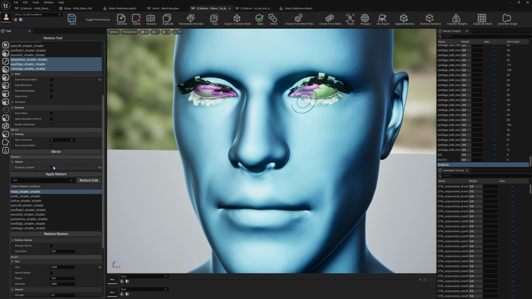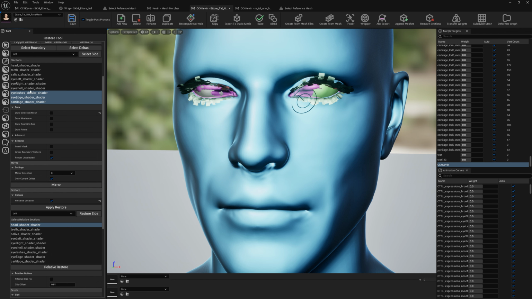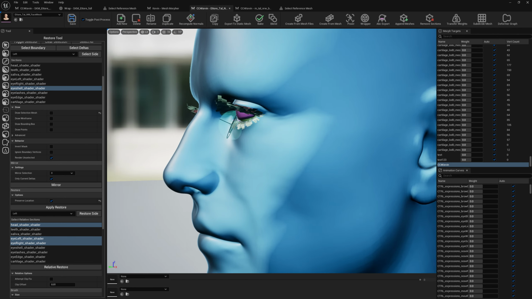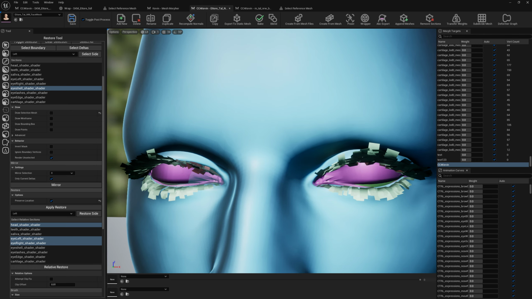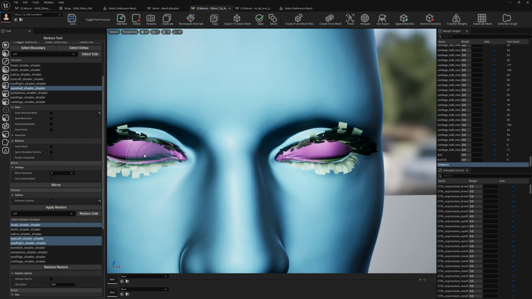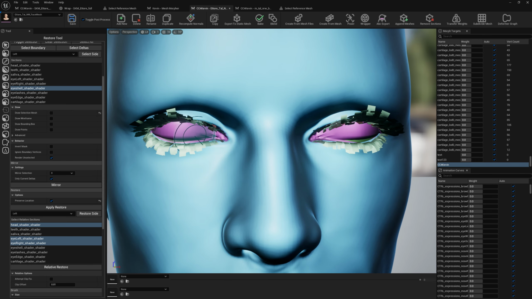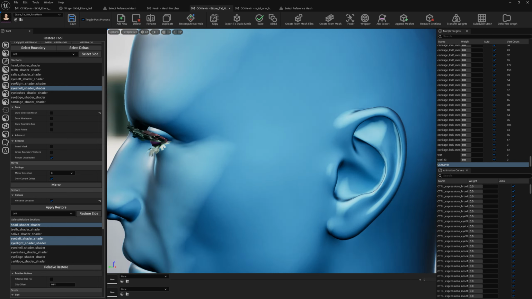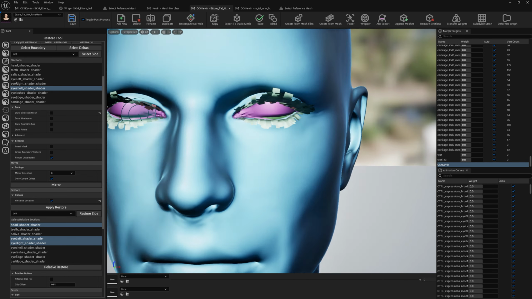This worked pretty good, and we need to do the eye shell as well. And for eye shell, we select the head shader, eye left, and eye right. And now we can go ahead. You can improve this eye shell further, right? So this is it